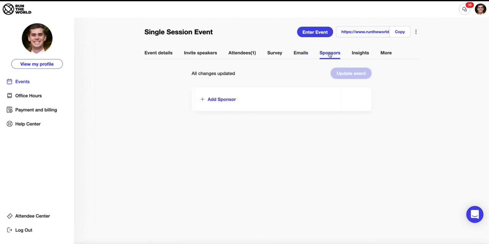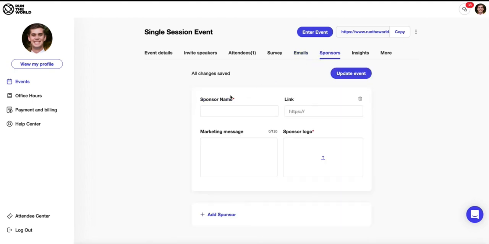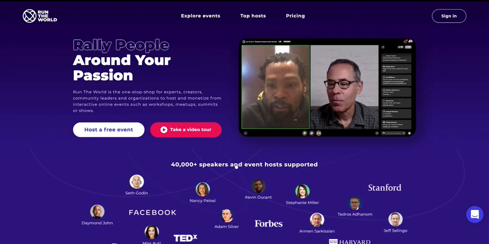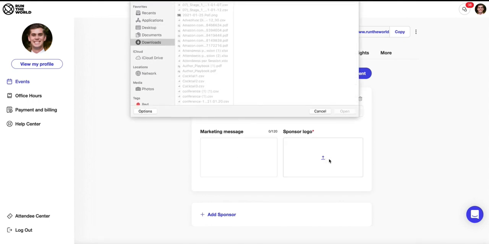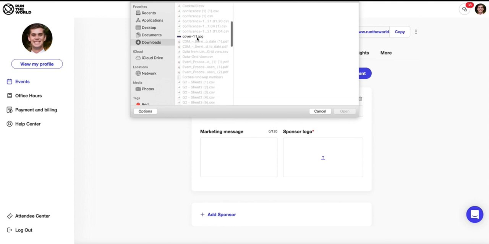So on our sponsor plan, you can actually add in sponsors here so they show up on your event page. So, I'll put in Run the World as a sponsor of this, since this is a Run the World demo. Put in whatever link you'd like. So I just went over and copied over our Run the World event page link. And then, if you want to have any sort of marketing message, you're welcome to do that, or you can just put in another